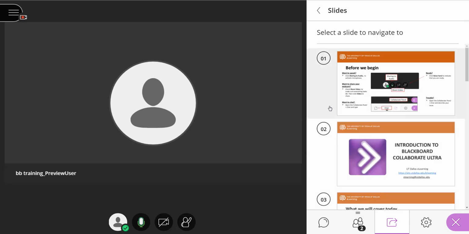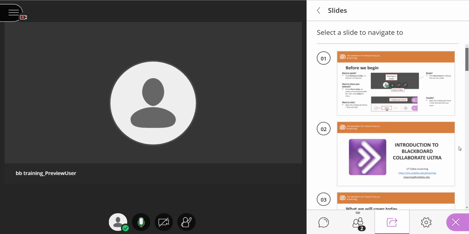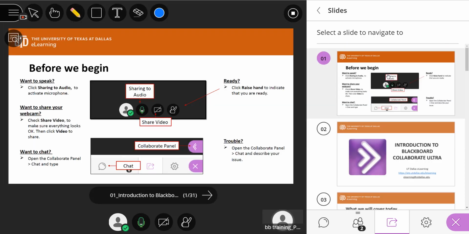And you'll notice that to the right, you'll receive a preview of all slides that are available for your participants to see by selecting the first slide you want to show. And you notice that only when I selected a slide does it actually appear in the content area. So if I want to advance a slide, I can just go to the content area and select the arrow Next Slide,